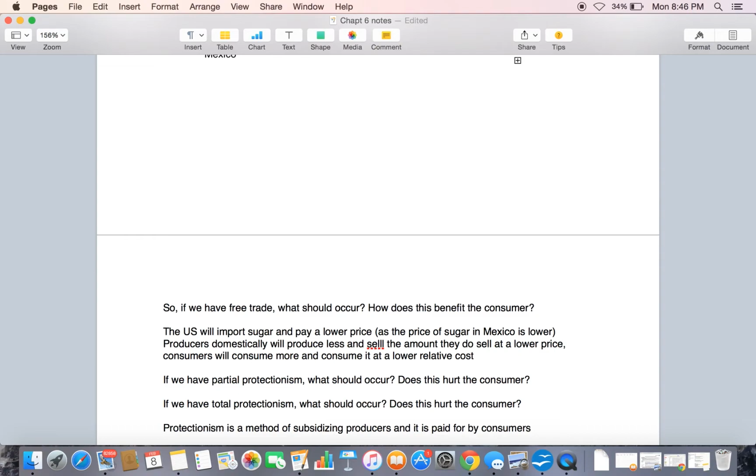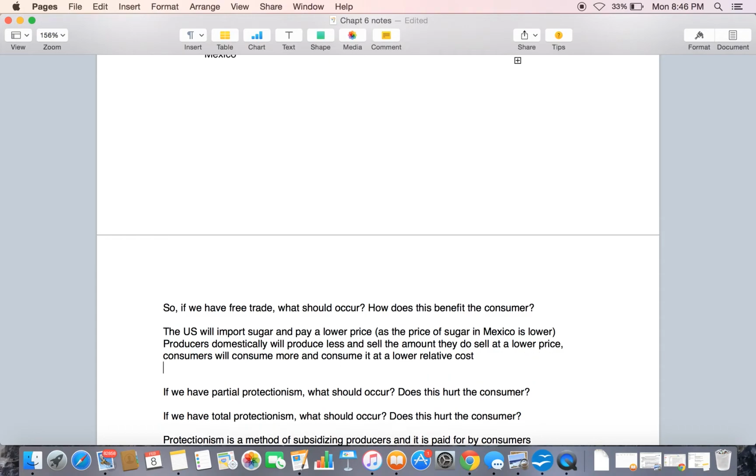So the U.S. will import sugar and pay a lower price. This means that producers domestically in the United States will produce less sugar and sell the amount that they do produce at a lower price. This hurts the domestic producer, yes, but consumers will consume more, and they will consume it at a lower cost relative to the cost they paid before there was trade. So this would benefit consumers. Free trade